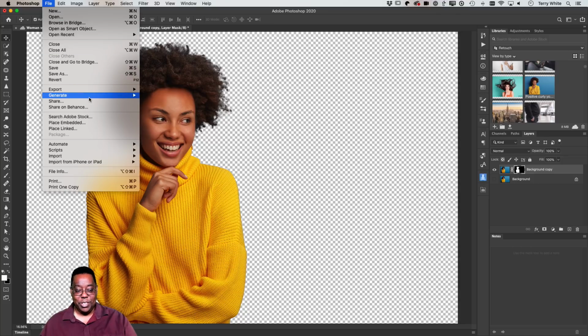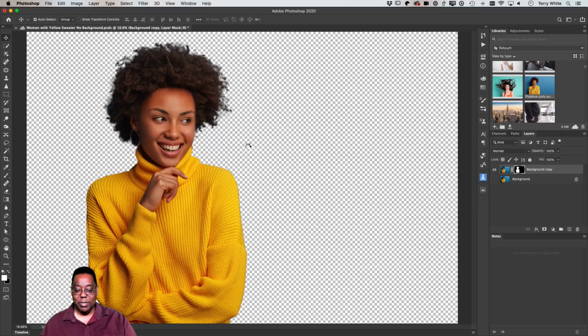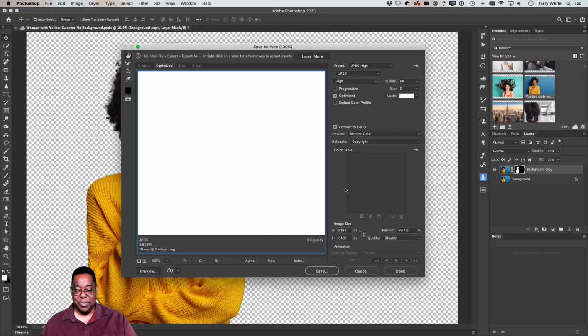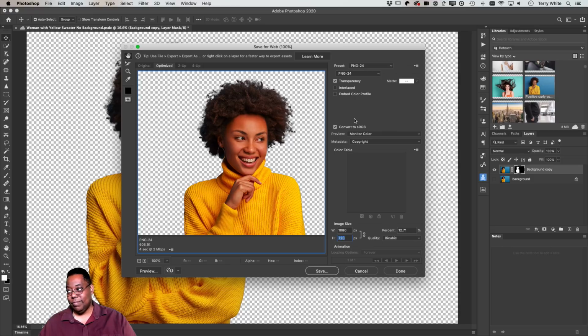Before recently, I used to always just use save for web. But what I found out is that when I'm downsizing the images in save for web, which by the way kind of looks like this, this is the old way I used to do it. You do the same thing. You come in here and you tell it to size it down, choose your format, and do all those things. This is like 20 years old. So the sizing down and quality settings aren't as new as the export as options for sizing down.